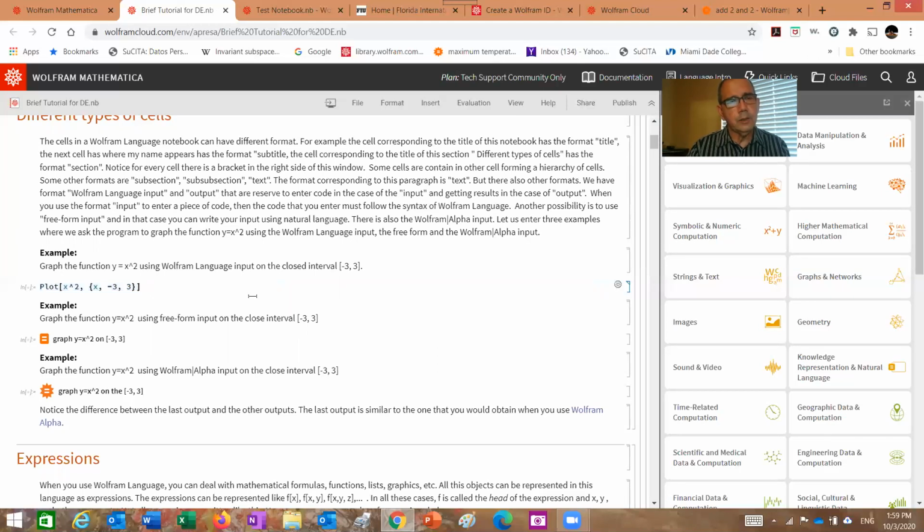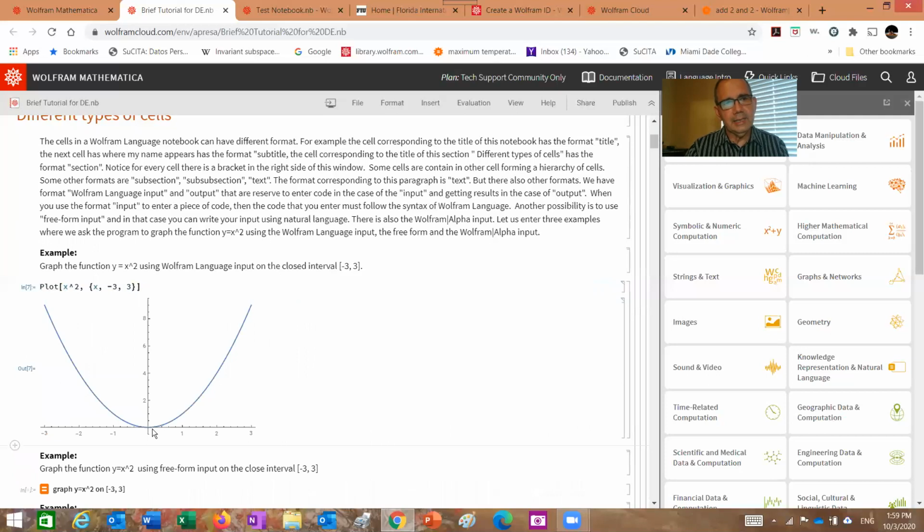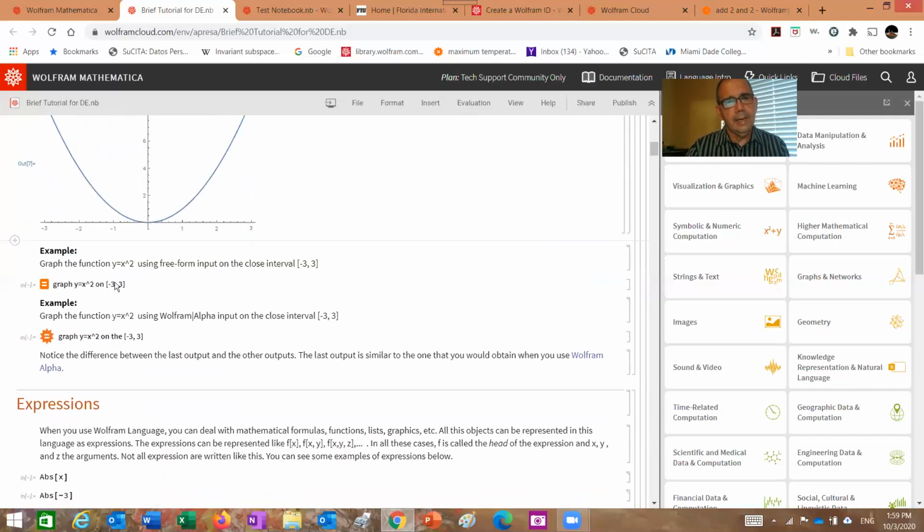And then now, you can put the cursor at any point on that line, and then you press Shift-Enter to evaluate that expression. And when you do it, you see that the program is doing the evaluation. You see, and then it returns the output corresponding to this input. Now, the same example, but using a free-form language, so a free-form input. You put the cursor at any point here, you press Enter,